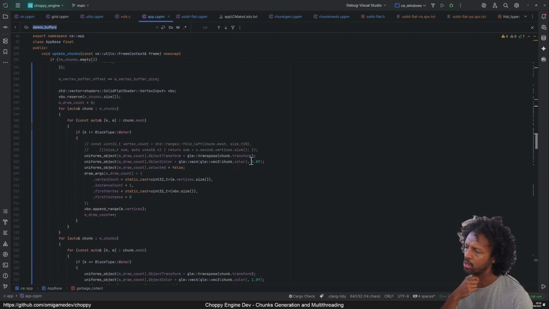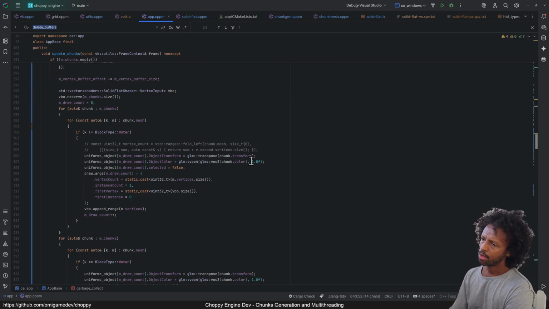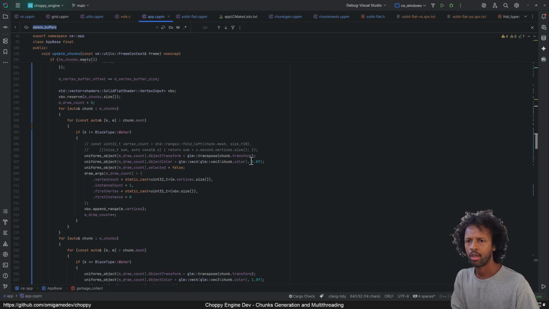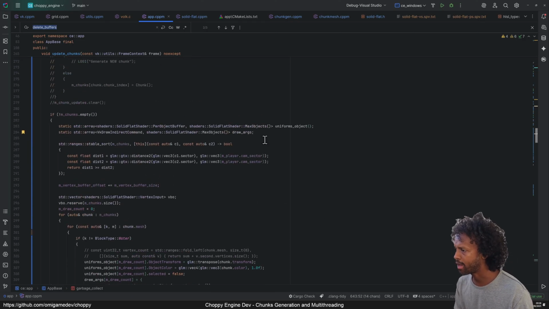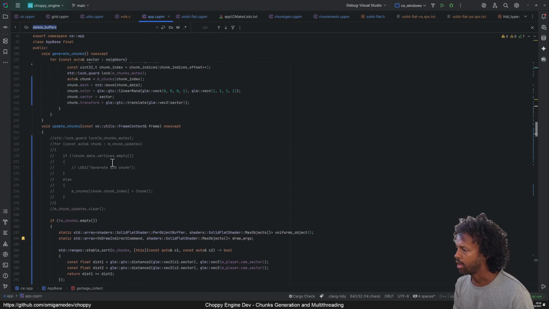Yeah, because instead of reusing the same vertex buffer, before I had different allocations, and whenever a chunk got out of scope, it had to remove the buffer, but the problem was again that